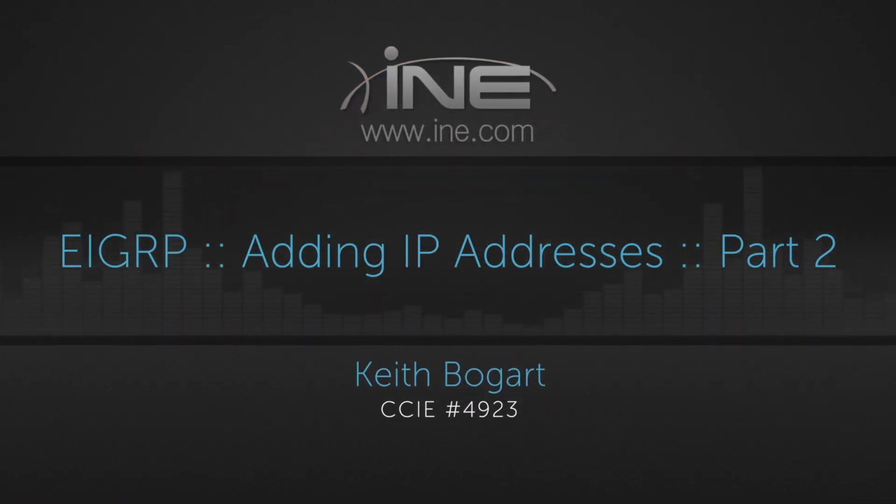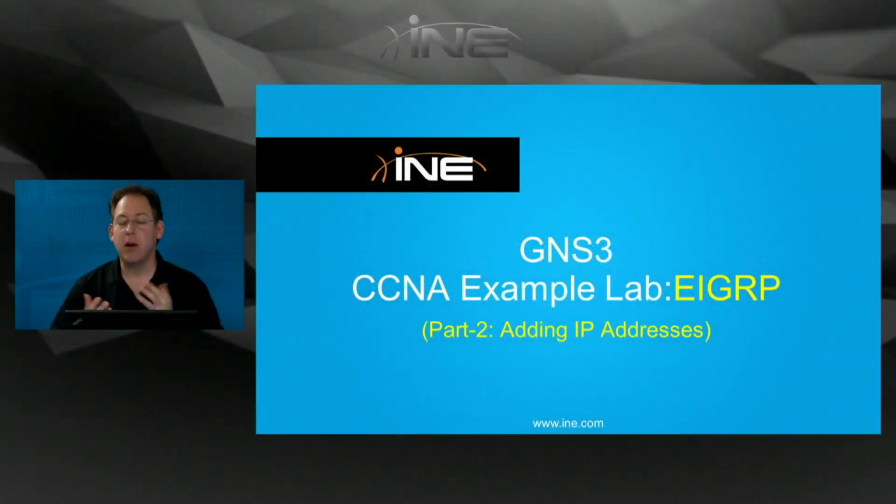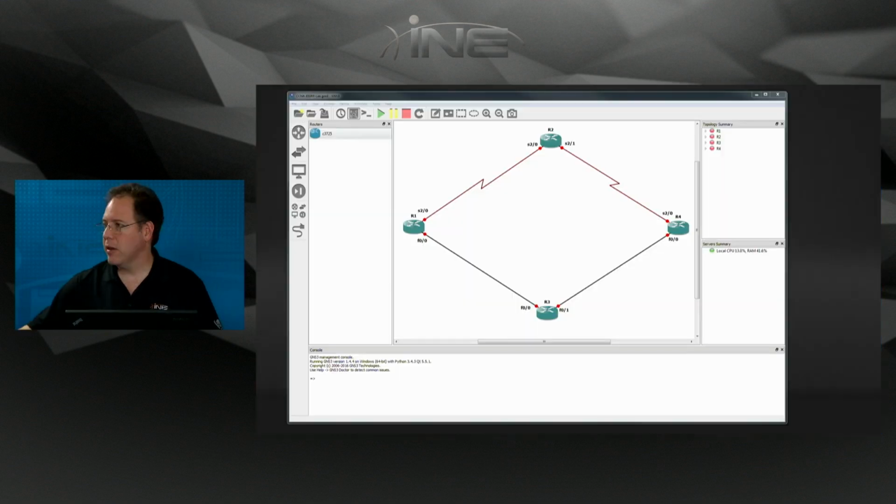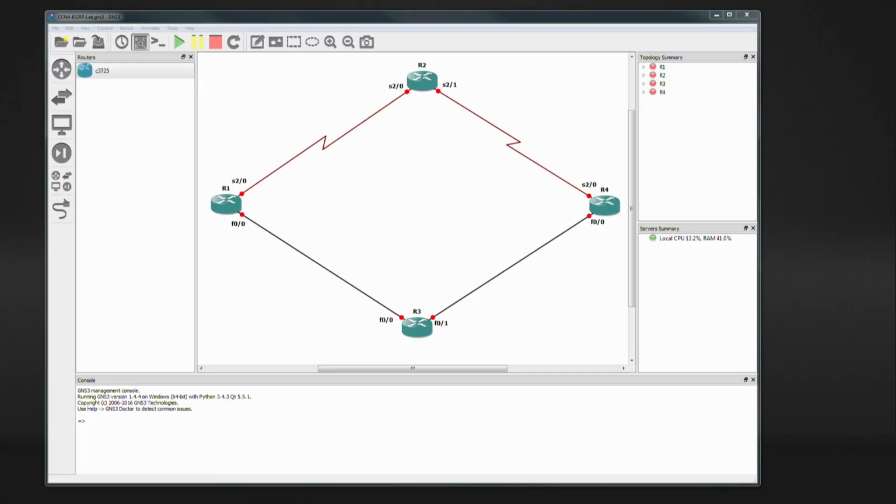So in this video, we're going to resume with where we left off, and this is part 2. In this particular case, we're going to be adding our IP addresses to all of our interfaces, and we're going to be creating those loopback interfaces and adding IP addresses to that as well. Okay, so starting with the topology that we already created in the first section, let's go ahead and add our